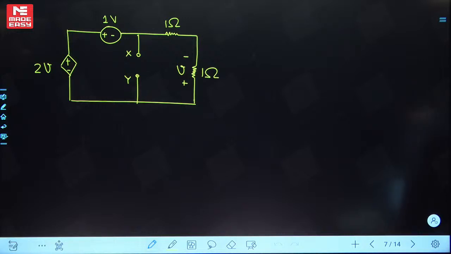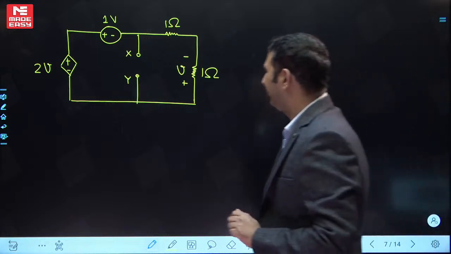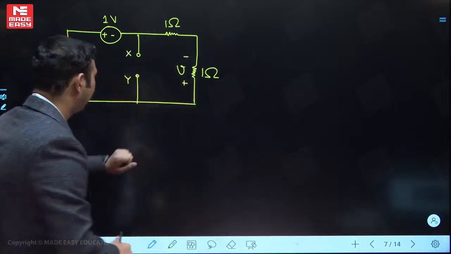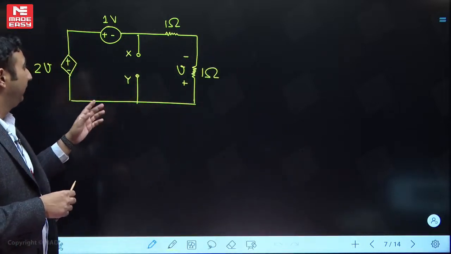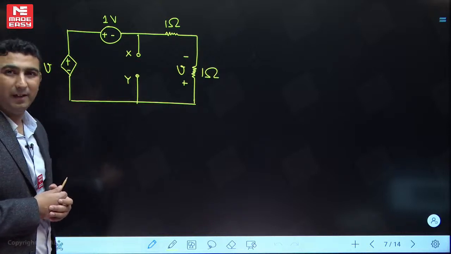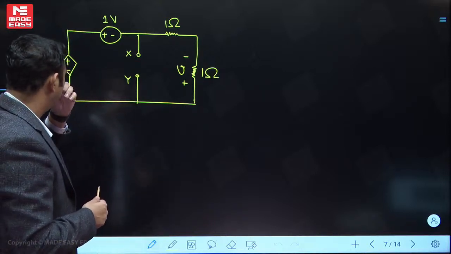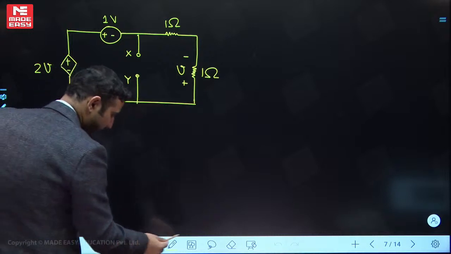Okay, Mangesh is coming as 2 ohm, 2 ohm, everybody is saying the 2 ohm. Let's see how you have solved this question. Okay, let's solve this question, let's see how to solve it. If you want to calculate VTH and RTH in this question, let's do one thing. Let's go for VTH first.